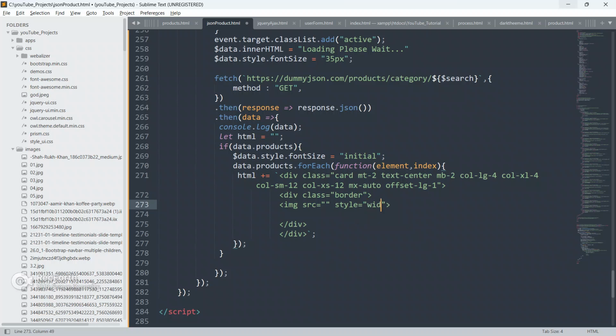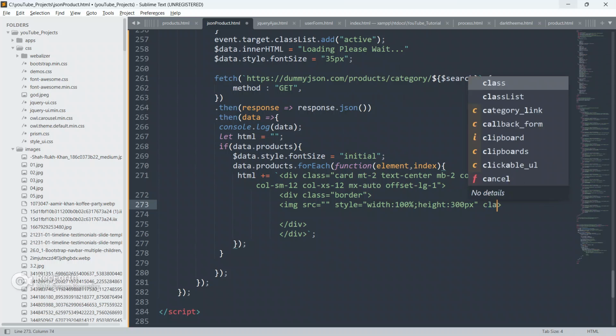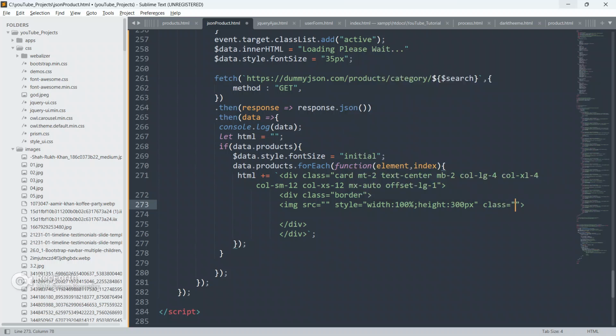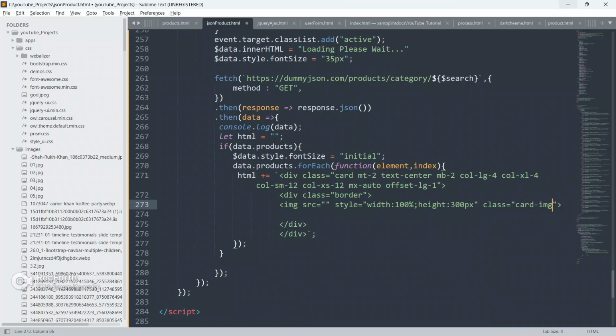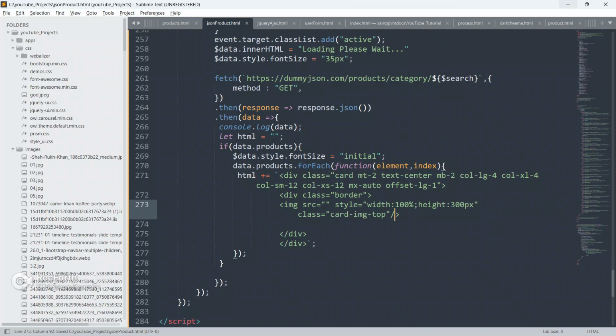First of all, give style and give width as 100%, give height as 300px, and give class as card img top.